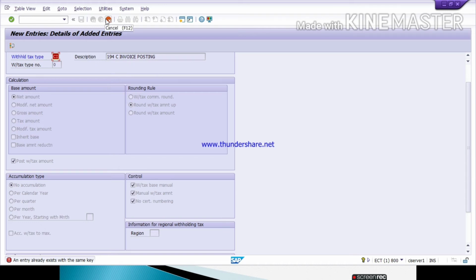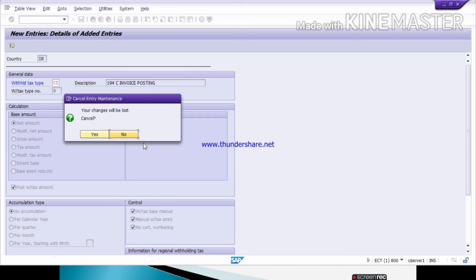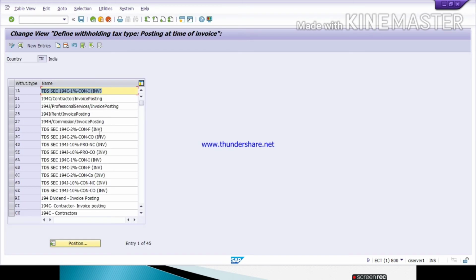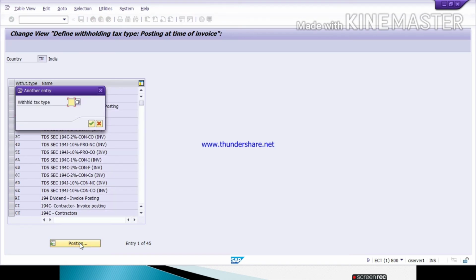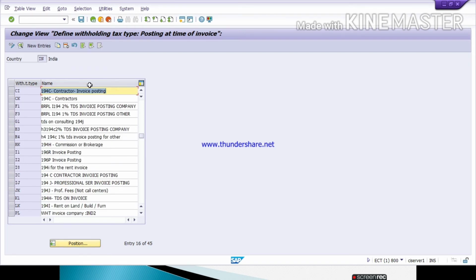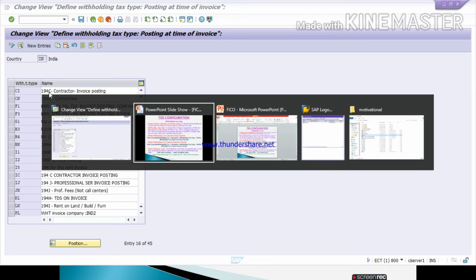Similarly, you have to define for all the sections. Here you can see the same key may be defined. 194C contractor invoice posting. Like this you have to give a description for your withholding tax type. Now get back.